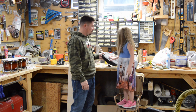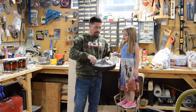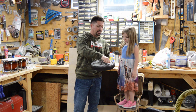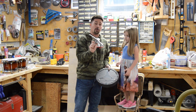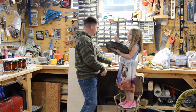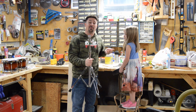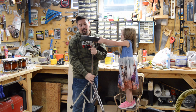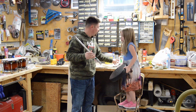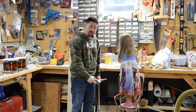So we have a seat. Here's the top half of an old throne. We already took out these screws, but we're going to use this base for our new table, so we don't need this anymore. You can have that. I also found this old cymbal stand, which I don't know where the top is, but I never throw anything away. So we're going to take this cymbal stand and I'm going to cut this top off because this top fits into this base. And then I'll have a stand